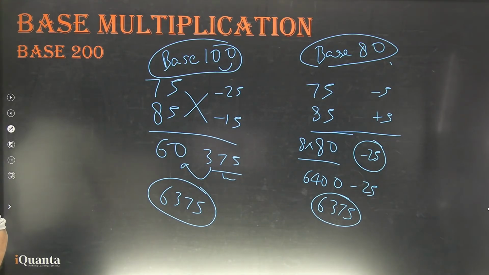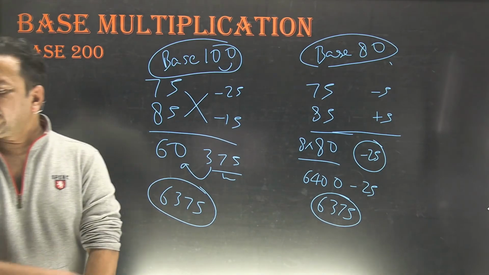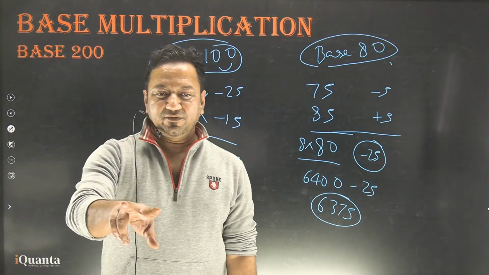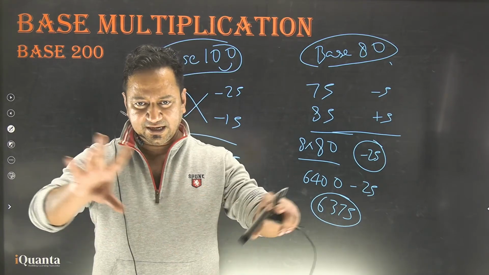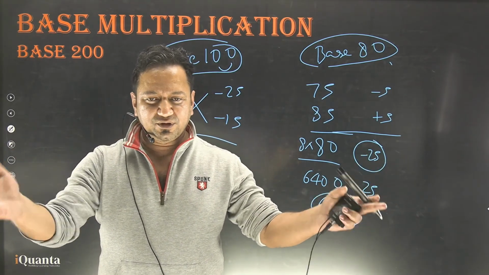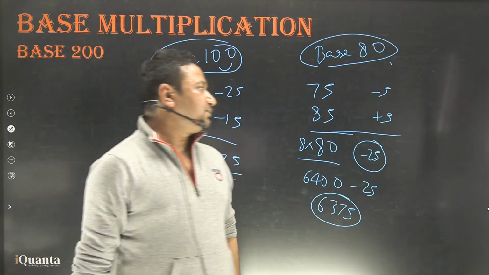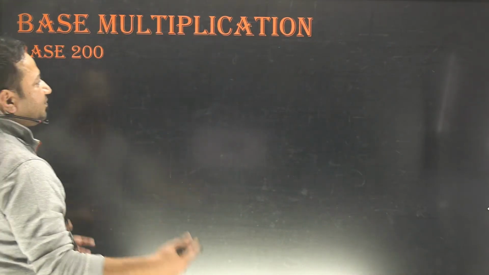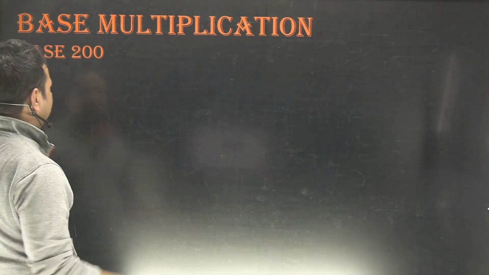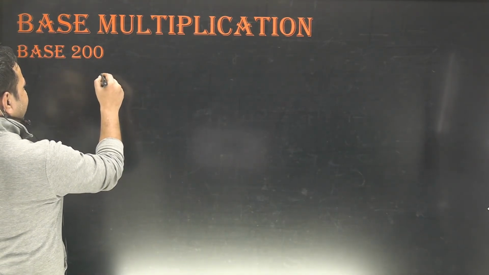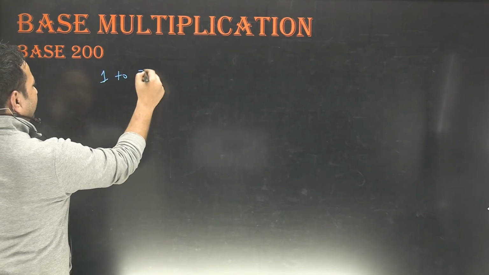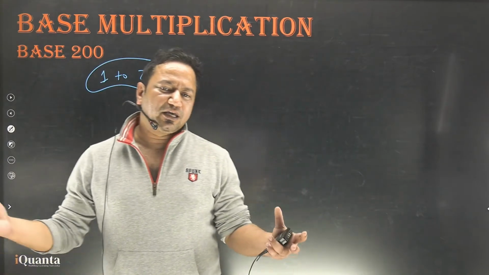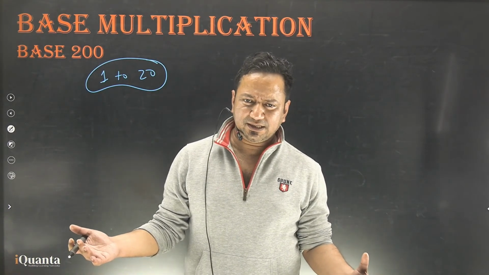Now, the things that we have done over here can easily be done. Amreen, the example that you have given belongs to two different bases, 300 and 400. As I said, I'll come to that. Now, it also depends on which kind of bases we can use. It depends on what tables we remember. If we remember tables from 1 to 20, we can go 20 ahead and 20 backward from a given base, right? Isn't it?